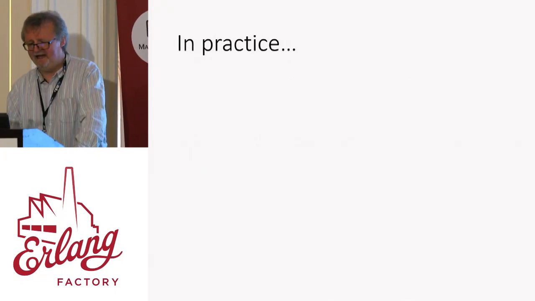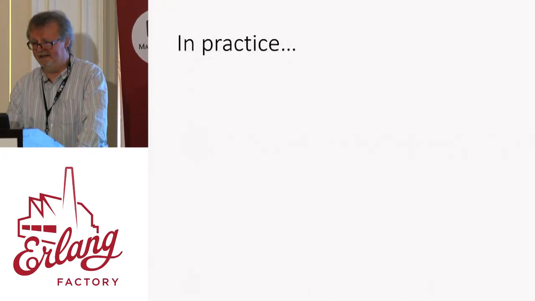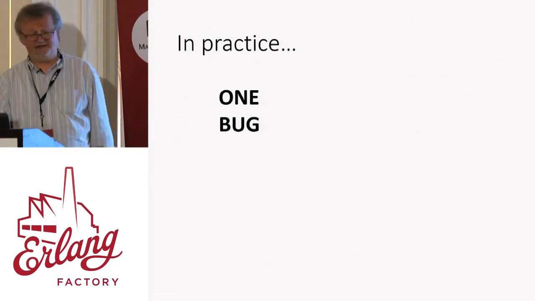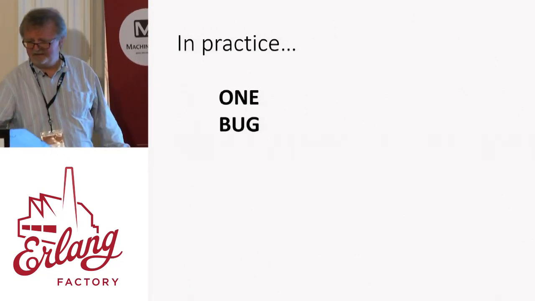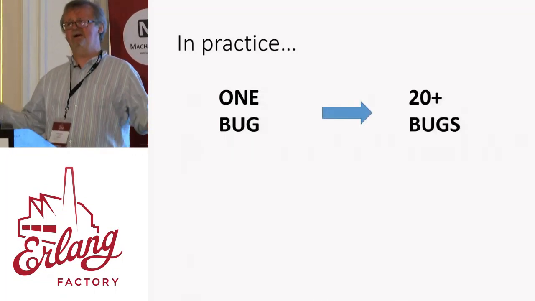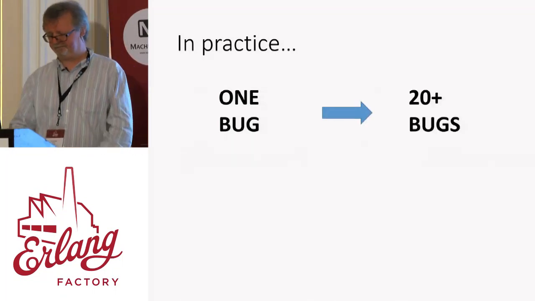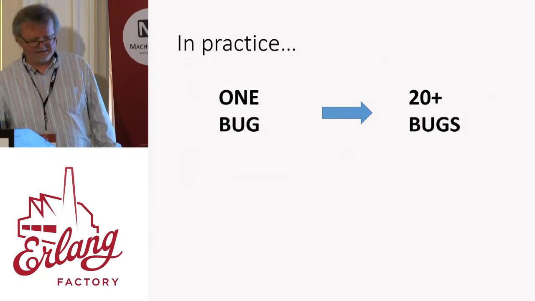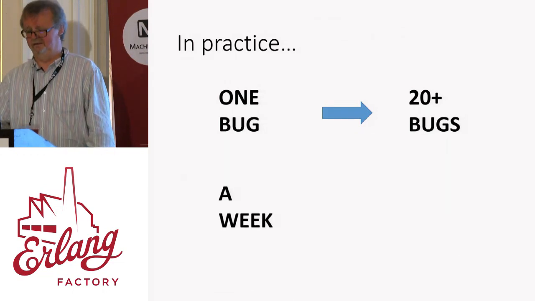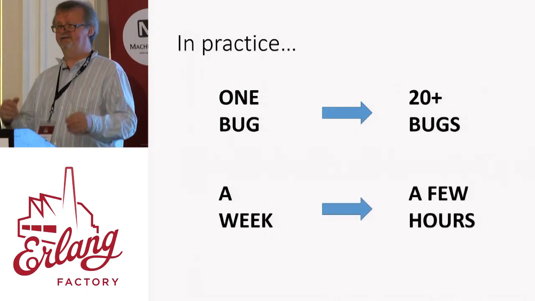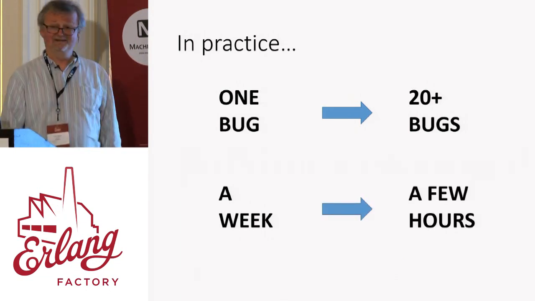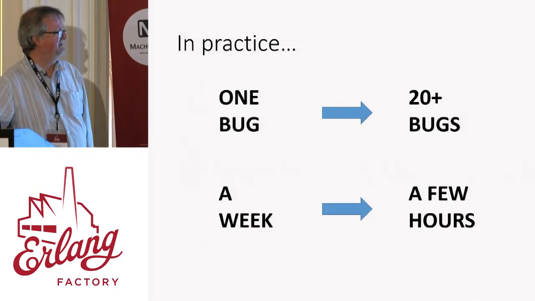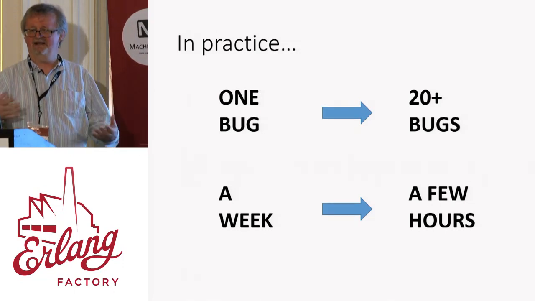And in practice, this was a really big win. So previously, we'd find one bug in one run of QuickCheck. Now we could leave it running overnight, and we'd come back, and there might be 20 bugs found in one go. Writing these test reports on each of these components, it could be a week's work. Now it's a few hours' work. That's ROI.